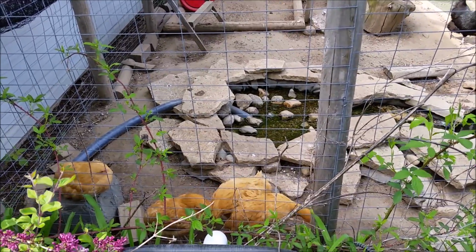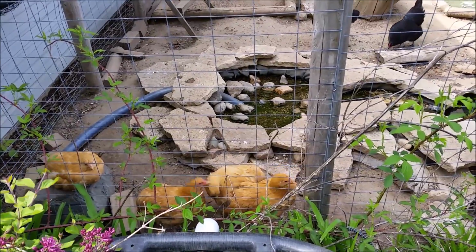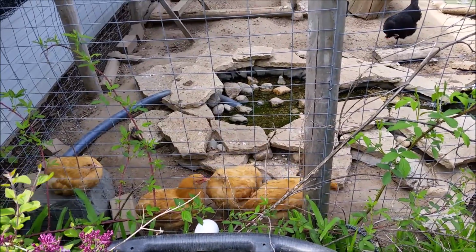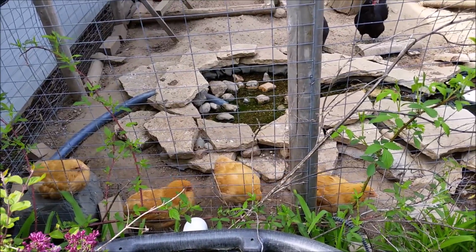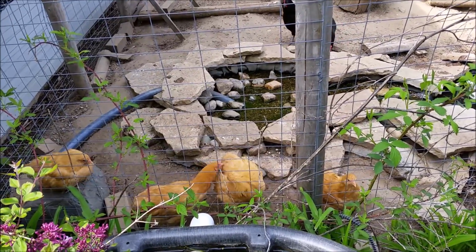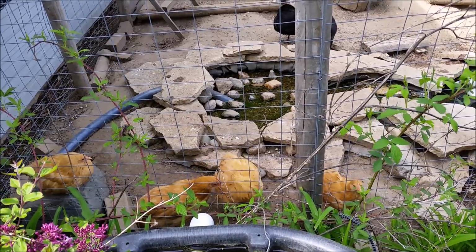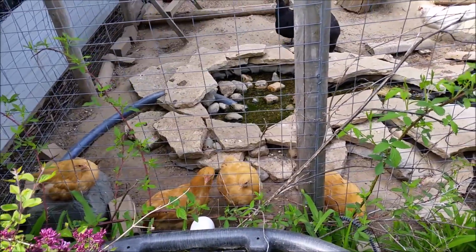what it did was the hose went into like a square section of PVC with some slits cut in it that faced down, so all the material that went into the PVC was forced out through the bottom, covered with pea stone, so the pea stone filtered all that nasty material. The water was mostly clean by the time it got to the top, and it would flow back down to